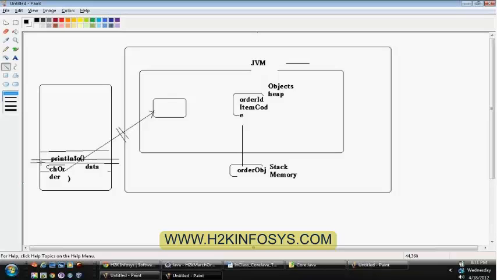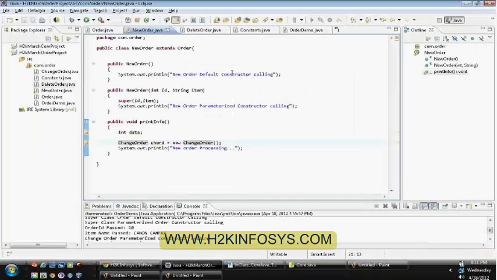Once the method execution has completed, it will return the control back to the caller, which is our main method.